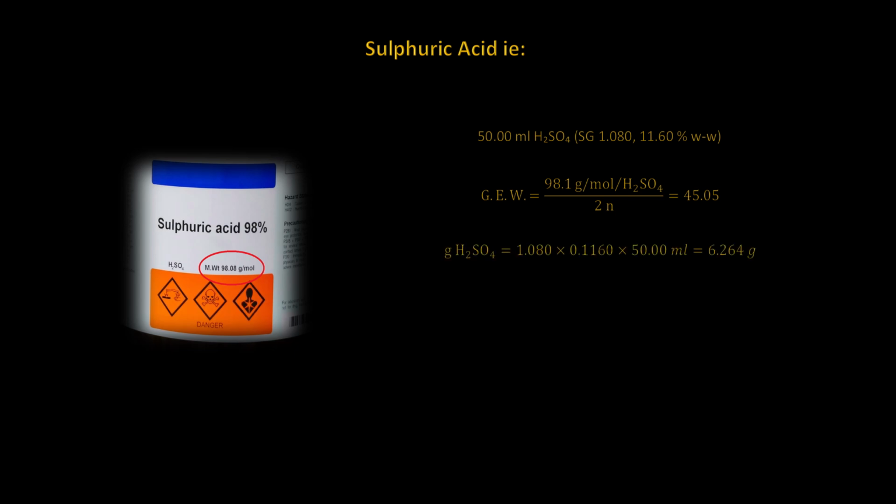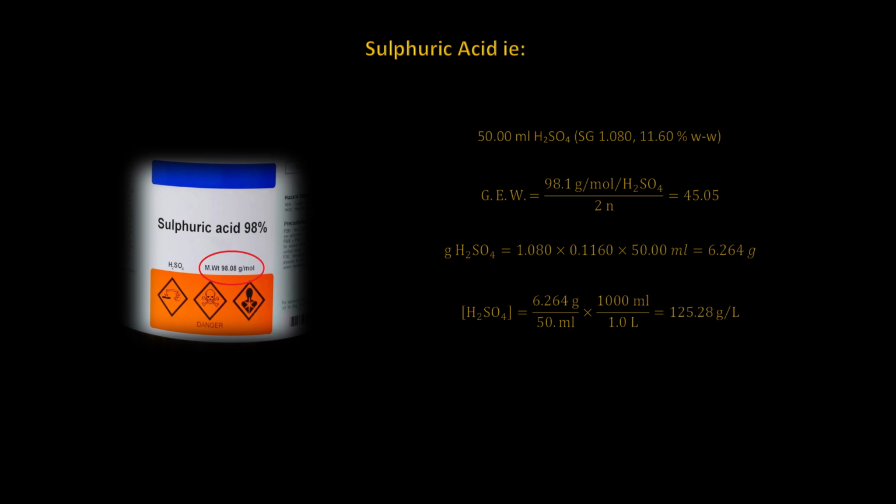Next, the grams of sulfuric acid contained in the 50 ml solution will need to be calculated. Since the specific gravity of sulfuric acid is 1.080, it can be multiplied by the 11.6%, which is then multiplied by the 50 mils of solution. The grams of sulfuric acid equals to 6.264 grams. The third step is to calculate the molar concentration in grams per liter. This is achieved by dividing the 6.264 grams by the 50 mils, then multiplying by the 1000 milliliters, which gives a molar concentration of